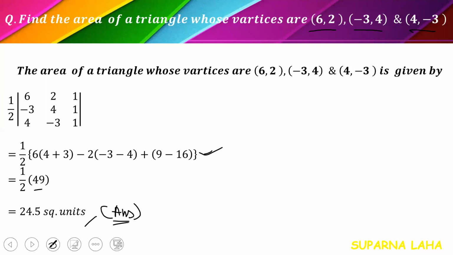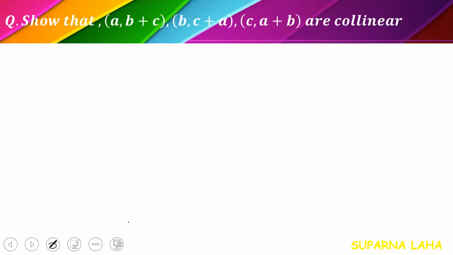So moving to the next question. Show that these 3 points are collinear. This is a question from S N D also, and this is from NCERT also. Some few questions are there in NCERT. So for more practice, I have chosen these other books. From NCERT, this is from exercise 4.3. So check there. This is a question from exercise 4.3. You need to show that they are collinear.